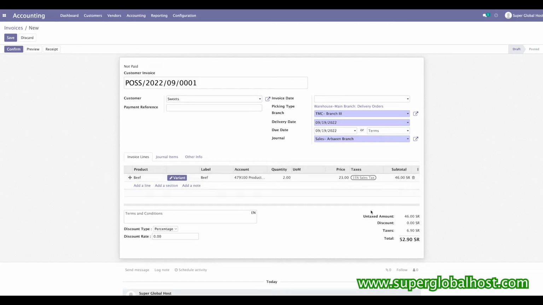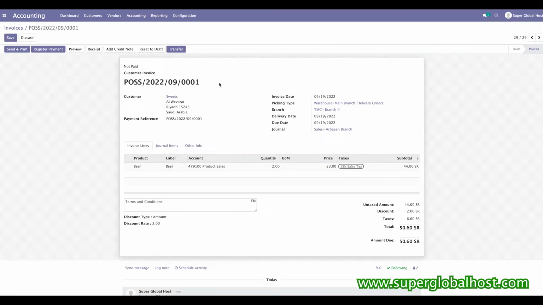Select product sale. After that here we also need to select the branch. So this amount is total 46. If we want to apply any discount, then you can also give the discount. For example, in this case I want to give discount 2.9. This is the discount I apply here, and after that, not 2.9, I just apply 2 only. After that I click confirm,